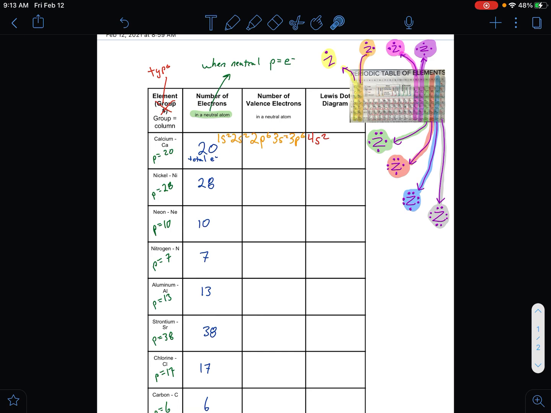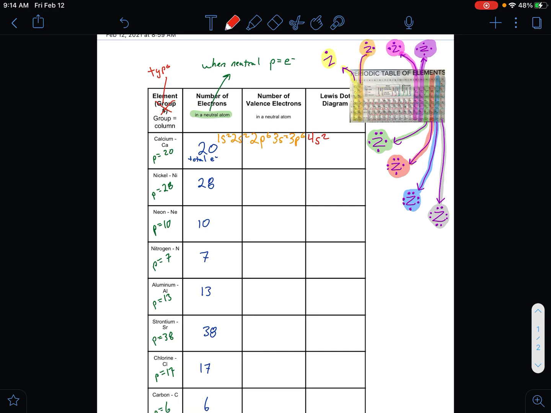Any of them that progress... Oh, nickel was a dumb one to have done. Oh well. Any of them that would have progressed over to this side would have ended up with a 4p1, 4p2, 4p3. And so if they have the same number, you add them together. And we will see that,